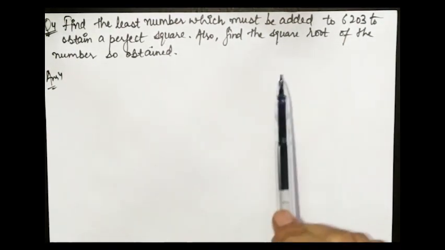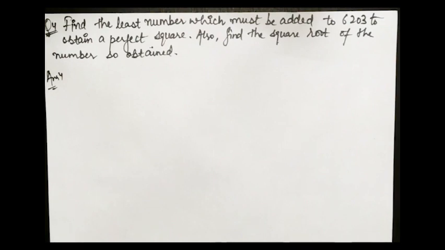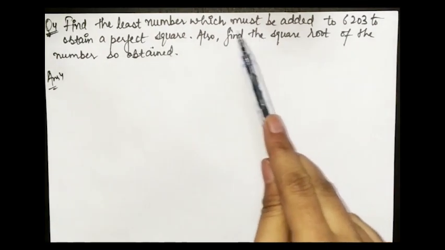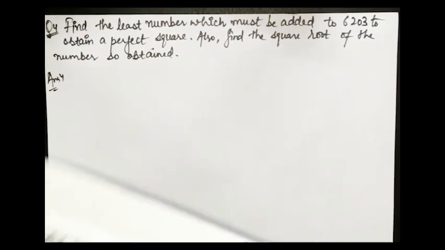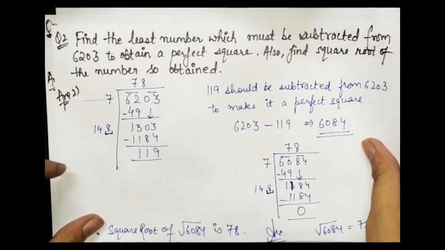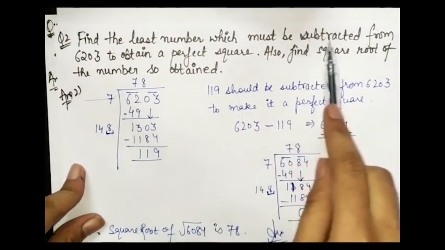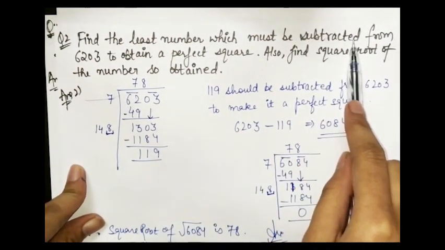And so how is this question going to happen? How we are going to do it is simply, first we have to do the long division of 6203. Okay, but which must be added, वहाँ पे हमने subtract किया था, यहाँ पे हम add करेंगे. अब हम क्या add करेंगे वो हम देख लेते हैं एक बार पिछला क्वेश्चन देखकर. So this is the last question that we have done. Means here it is asking for subtracted from 6203.